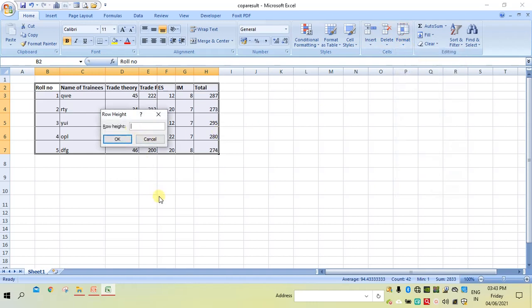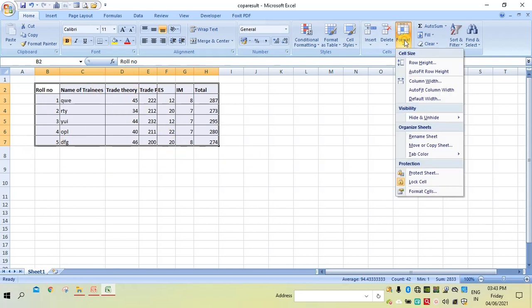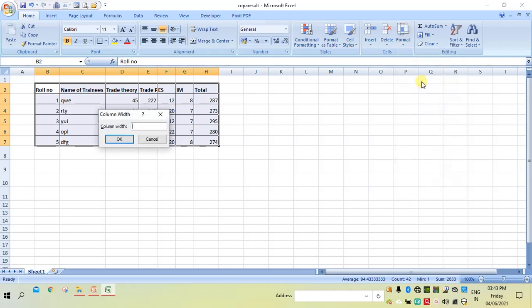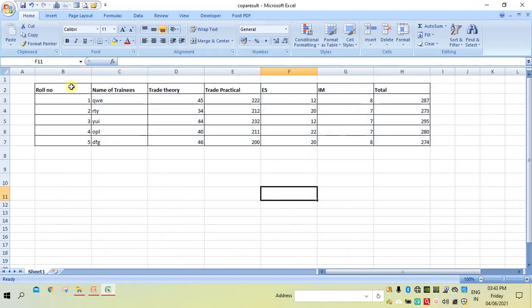I will give a row height of 20. Now you can see all row heights are equal. Similarly, if you want column width, I will click it and give 20 here. Now you can see the widths of all columns are equal.